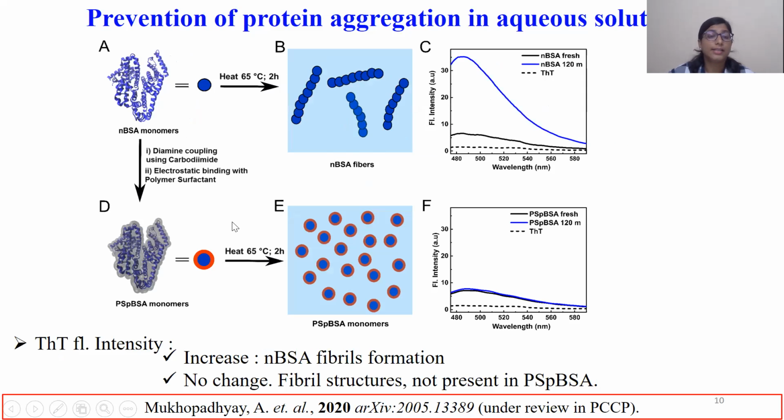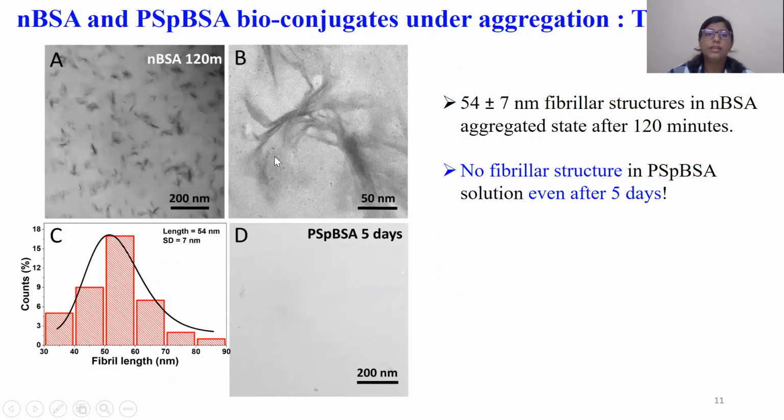However, under the same conditions, the polymer surfactant conjugates have shown no increase in thioflavin intensity after 2 hours, and even after 5 days, we found almost no change in the fluorescence intensity. This clearly states that no fibrillary structures are present in the polymer surfactant bioconjugated solution. We also studied the nature of this fibrillation through TEM, and we found that in native BSA, 50 nanometer fibrillar structures are present after 2 hours of the reaction condition. However, for the polymer surfactant bioconjugates, after 5 days,